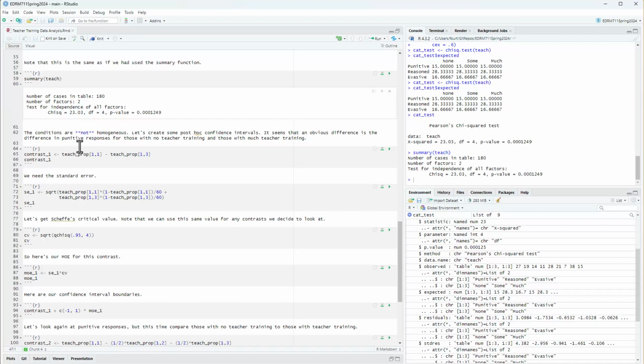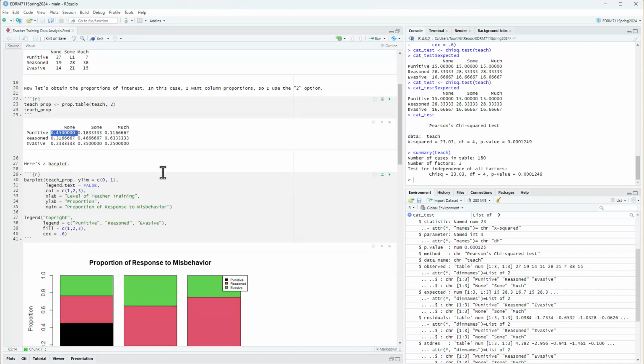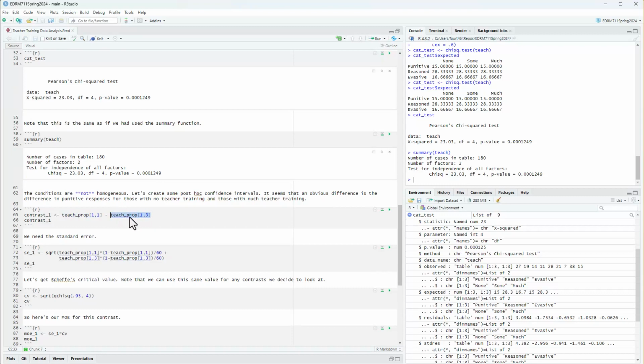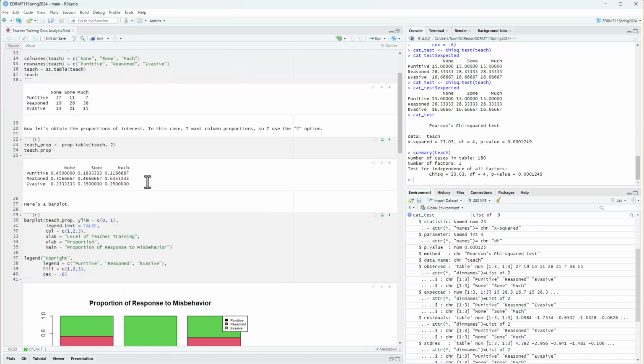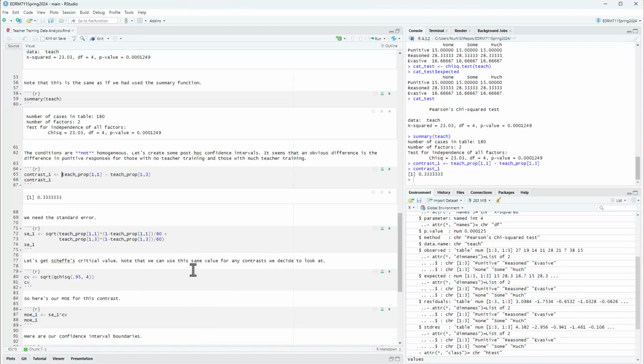It seems an obvious difference is the difference in punitive responses for those with no teacher training and those with much teacher training. Now, here is row 1, column 1 for the proportions. And if you look back on there, that's no teacher training, punitive. The next one that I have here is row 1, column 3. And if you look back up here, you probably can guess what it is. It's much teacher training, punitive. Okay, so what I'm doing here is calculating the contrast estimate. Now, that's a contrast, and you can think of it as having a hat on it because this is for a statistic. So looking at the first contrast, we have a 0.33 difference in proportions,